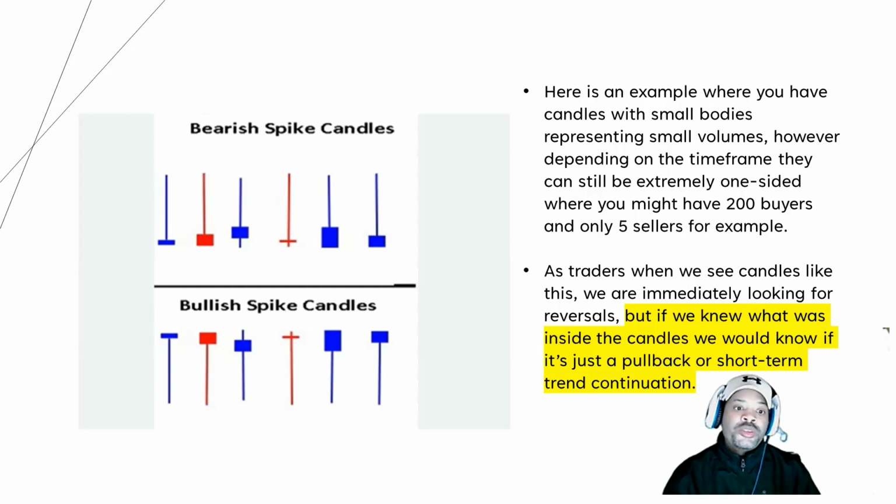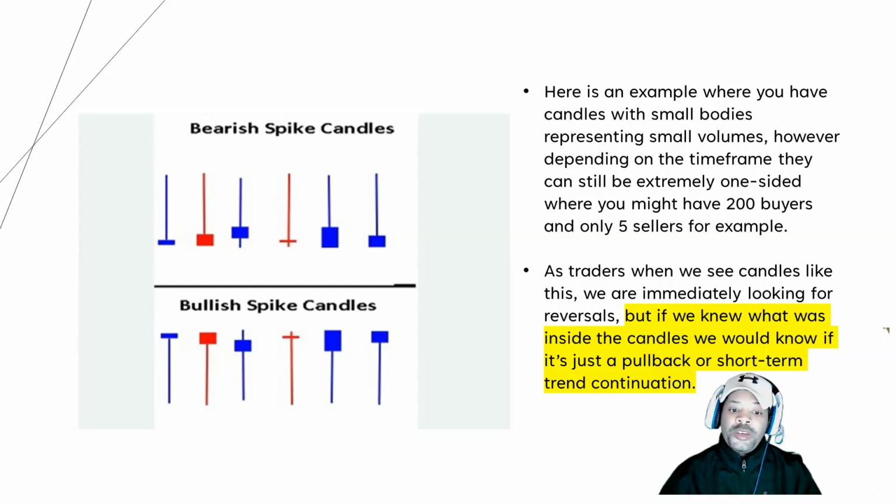demand zone. So when you have candles with small bodies representing small volumes, it can vary a lot depending on the time frame. So if you see one of these candles on the 5 minute time frame compared to one of these candles on the daily time frame, the candle on the daily time frame can have thousands of buyers or sellers. And a lot of times, as traders, when we see candles like this, we are immediately looking for